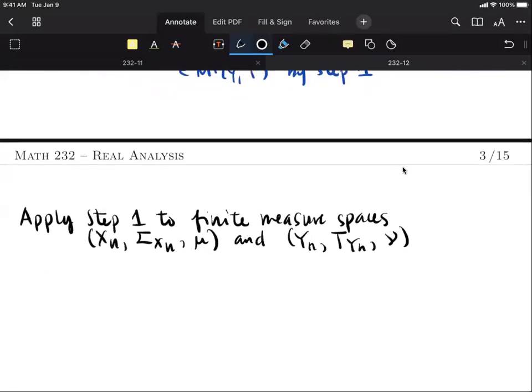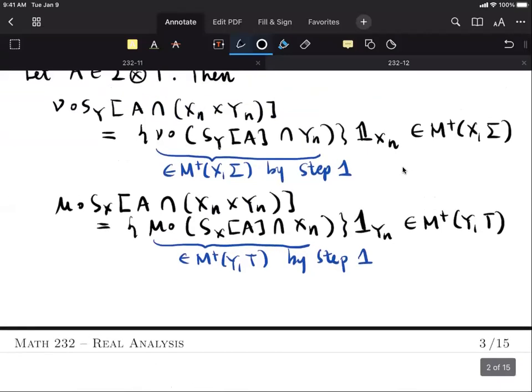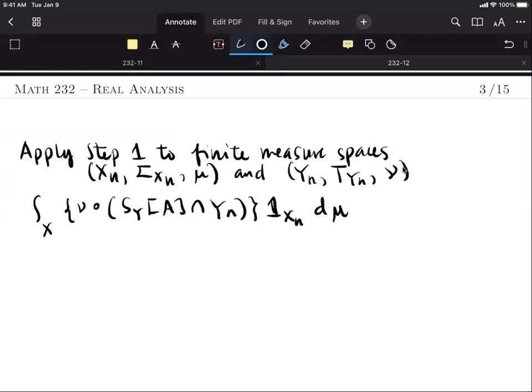So let us look at this function here. Copying that one, this should be yn. Here you have the indicator function on xn, d mu. So this is the same as the integral over xn by definition